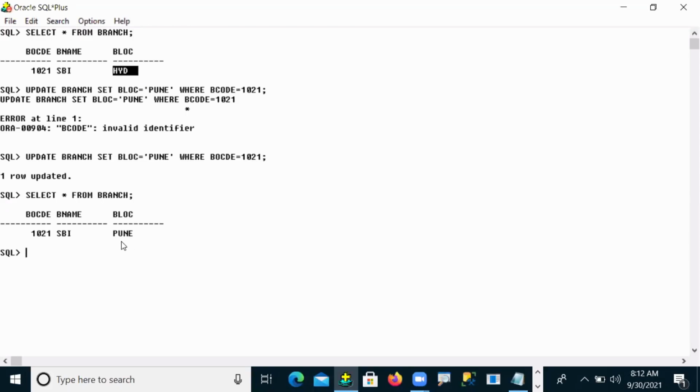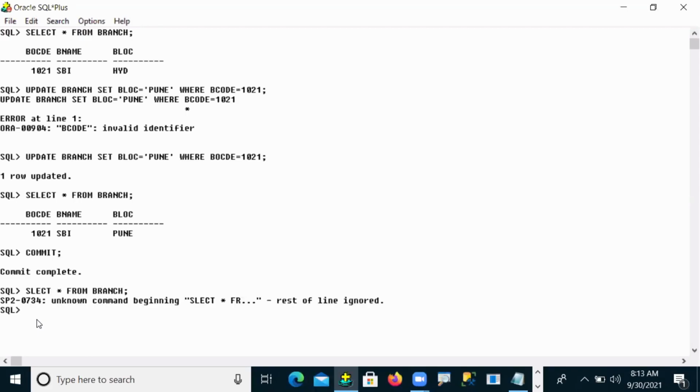Now this Pune we need to permanently replace in place of Hyderabad. What do we need to use here? Commit. Then it is permanently updated in your table.